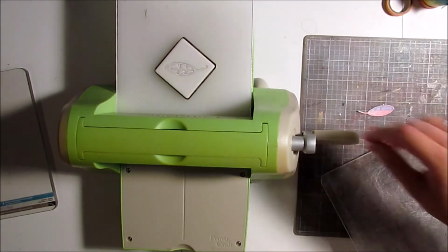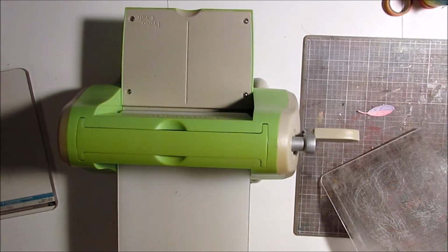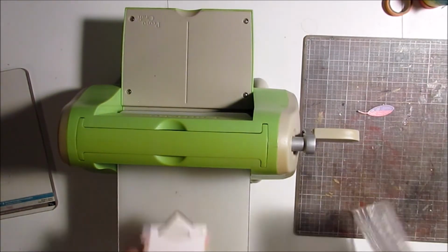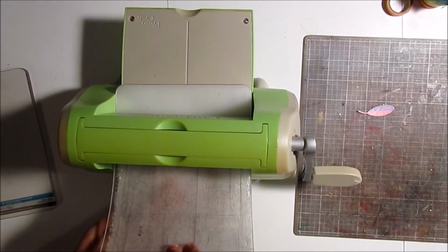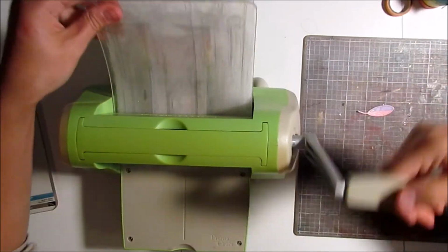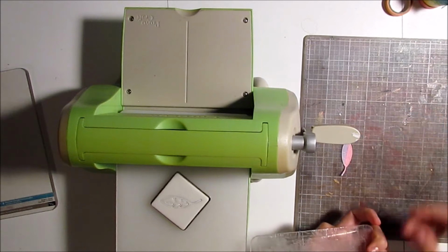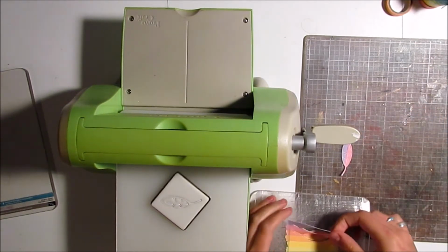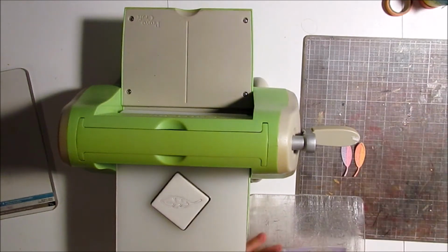I will go through and cut a bunch of these, and then once they're all cut, I will pop out the details of that die, which you'll see in a minute here. I'm just gonna line this up straight with the one I've already cut, and you can eyeball this, but if you're more comfortable you could also